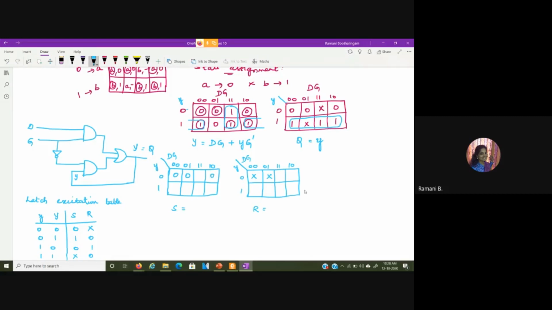This is also 0, 0, so 0 and don't care. Here it is 0 and 1, so 1, 0. Then here it is 1, 1, so don't care and 0. Here also it is 1, 1, so don't care and 0. Here it is 1, 0, so 0, 1. So the expression for S is dg and for R is d bar g.